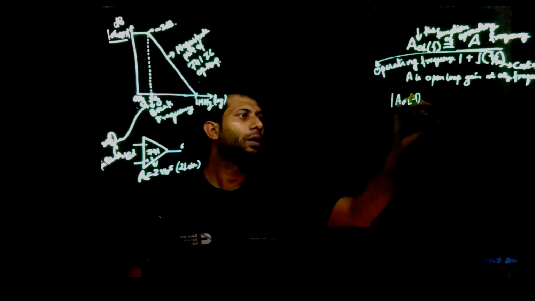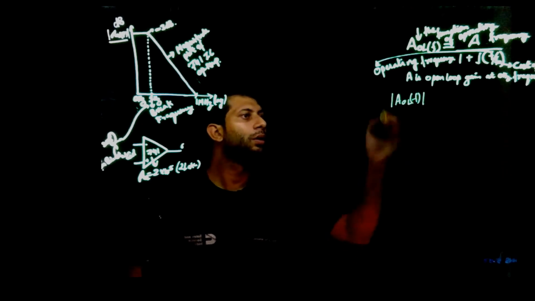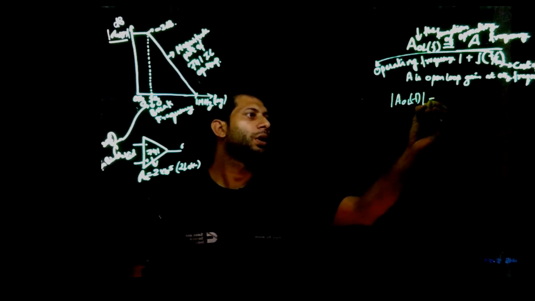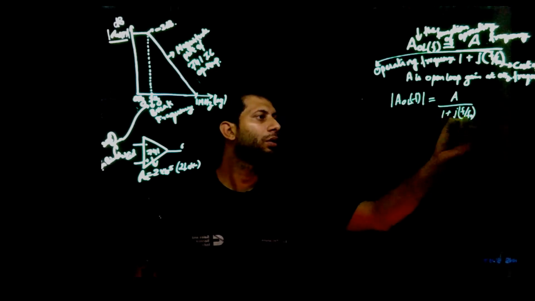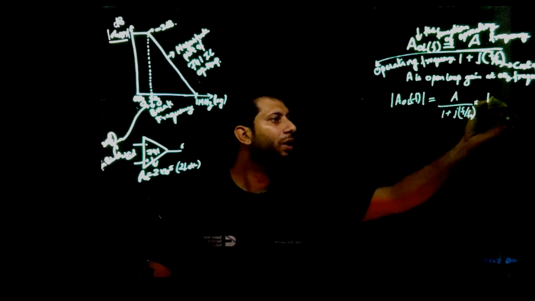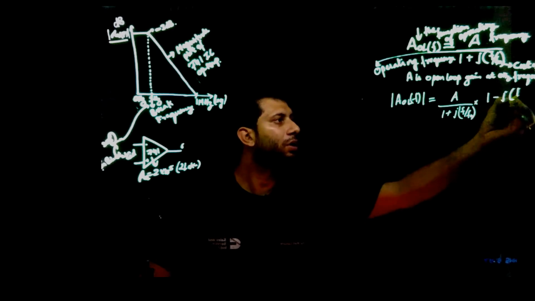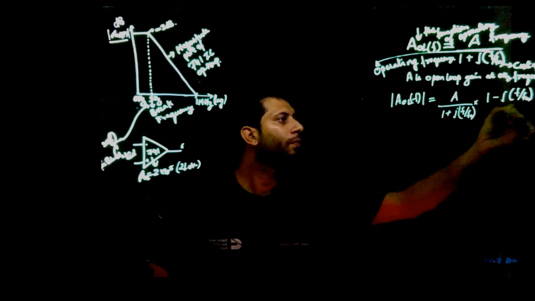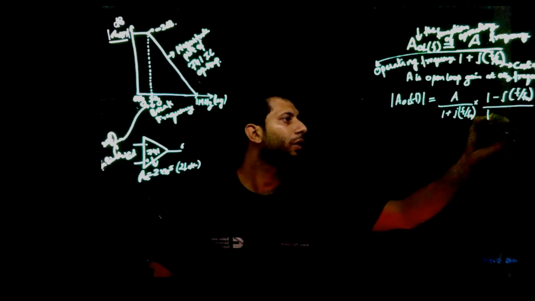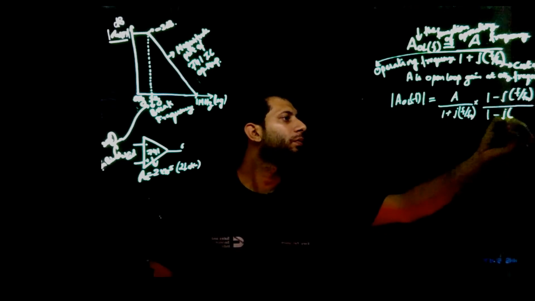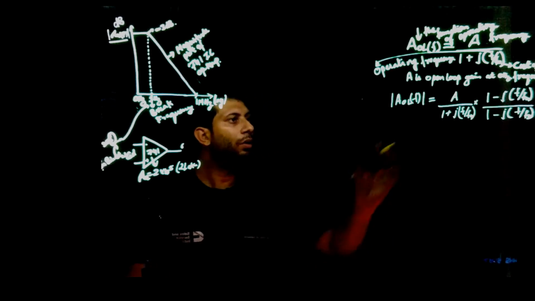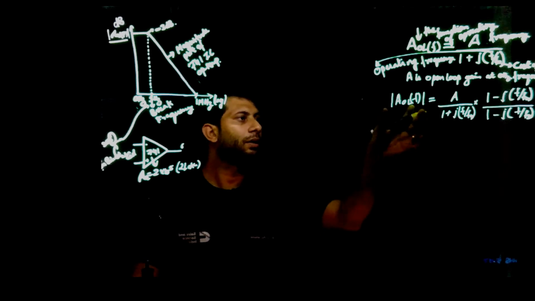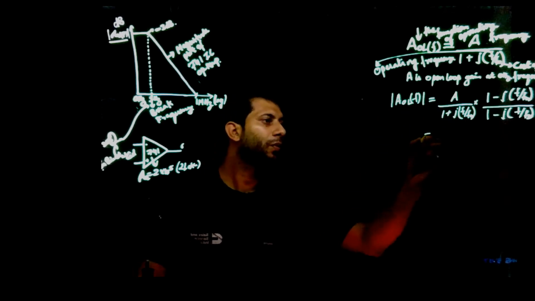A_OL(f) in magnitude will be equal to A divided by 1 plus j f upon f naught, multiplied by the complex conjugate of this denominator term above and below. Now by rearranging them we get